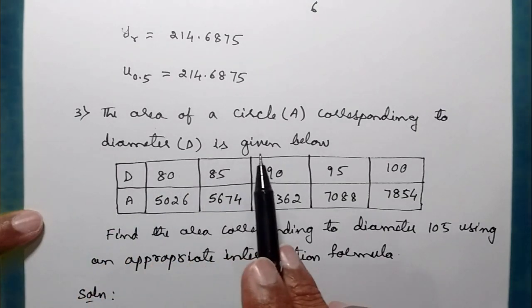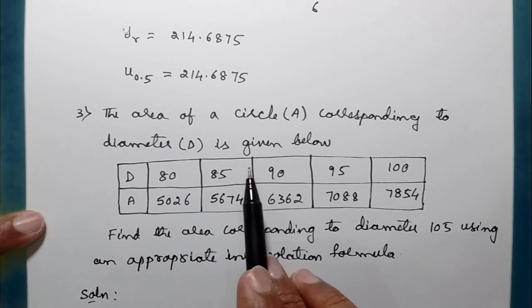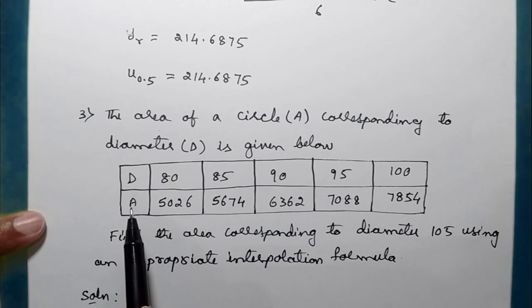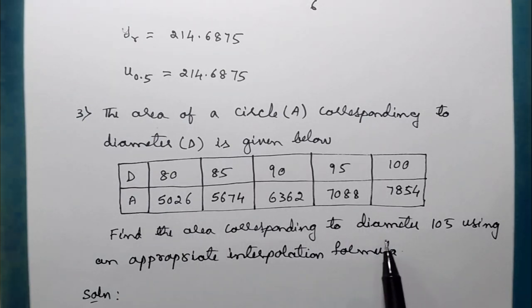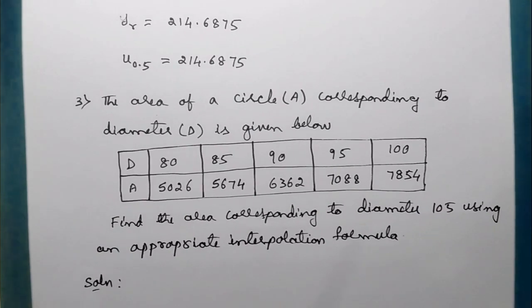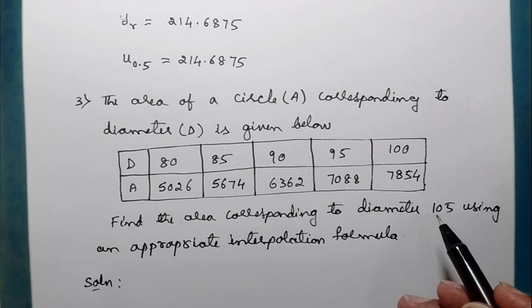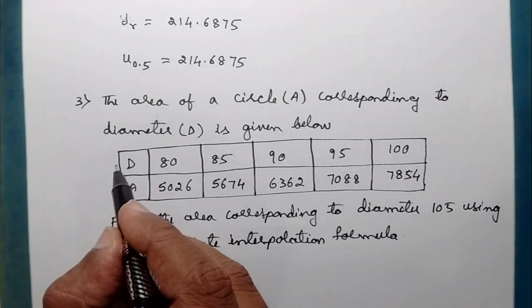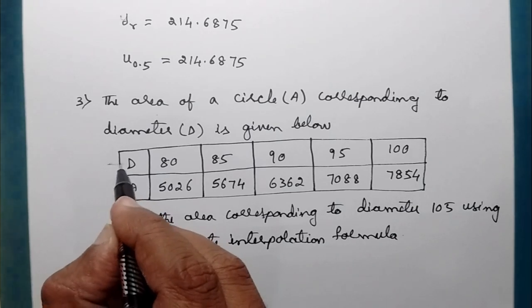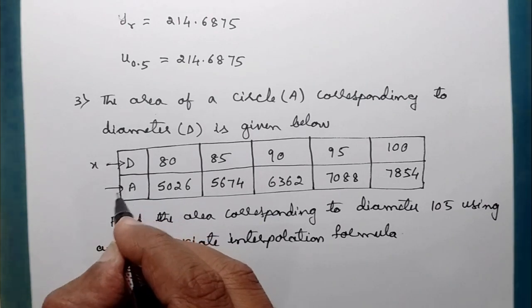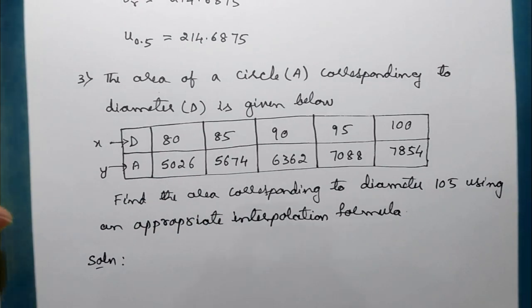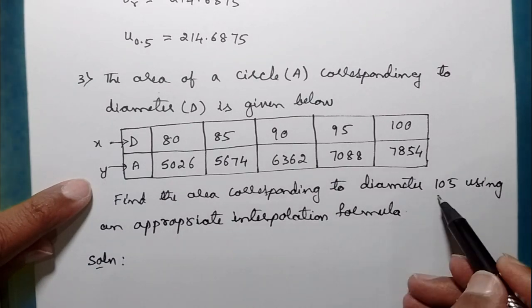The next question is: the area of a circle corresponding to diameter d is given below. So the values of d and A, diameter d and area, are given. We need to find the area corresponding to diameter 105 using an appropriate interpolation formula. So we need to find the area A. If you want, you can take the diameter to be x and the area to be y. Which means we need to find the value of y when the value of x is